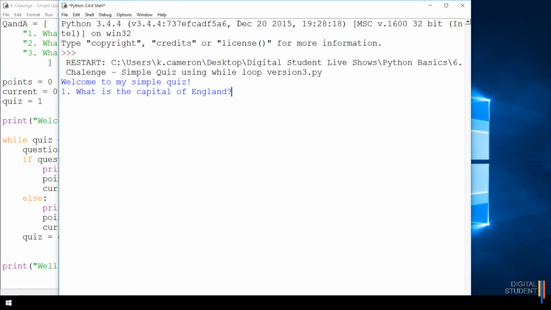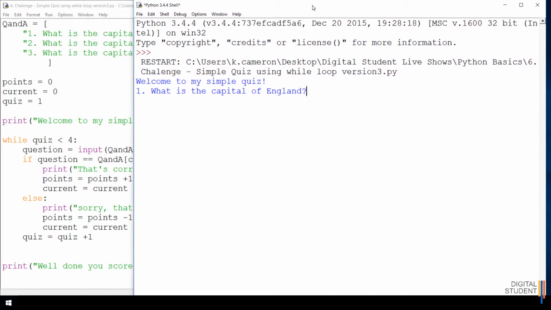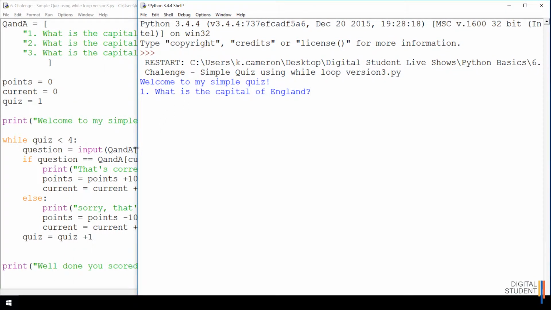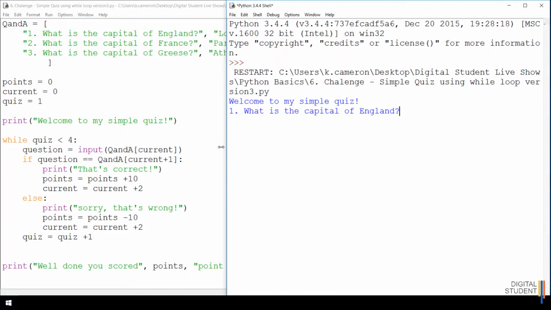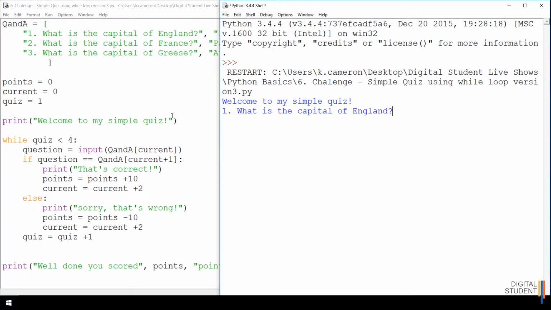So straight away, if I move this over a little bit, we can see what the code's doing. And you can always put print statements in just to show you which iteration this code is on. But at the moment it says welcome to the simple quiz. So it's run this line of code here, and then it says what is the capital of England. So because it's run what is the capital of England, we know that it's run this input statement for the first time, and we know that it's pulling from this value. So if I type